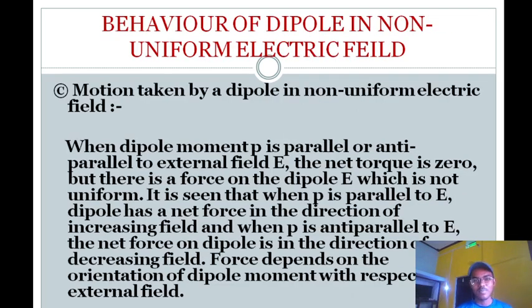Motion taken by dipole in non-uniform electric field. When dipole moment P is parallel or anti-parallel to external field E, the net torque is zero, but there is a force on dipole as E is not uniform. It is seen that when P is parallel to E, dipole has a net force in the direction of increasing field. And when P is anti-parallel to E, the net force on dipole is in the direction of decreasing field. Force depends on the orientation of dipole moment with respect to